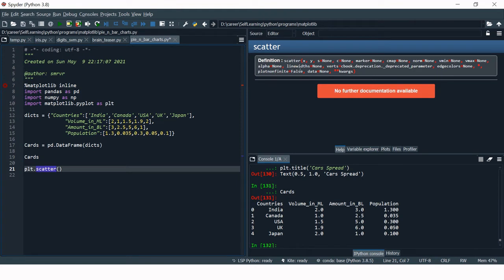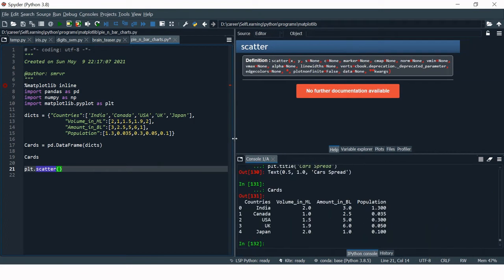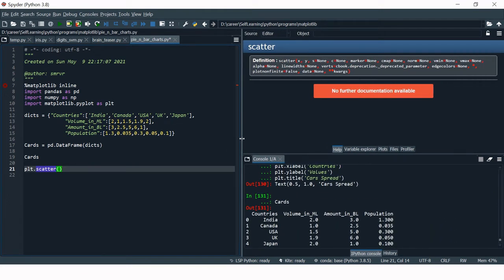But here in this video we will cover only those which are essentials to create a scatter plot and most commonly used.